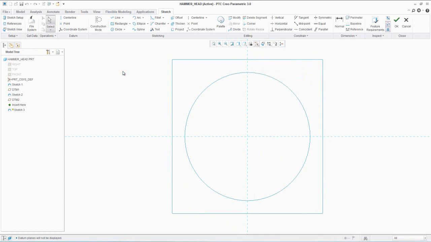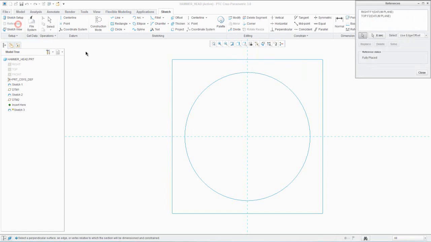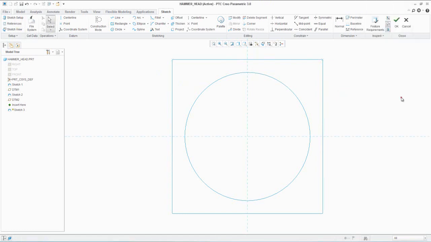Take the references of these vertices. Draw a circle using the center point and the projected vertex point.